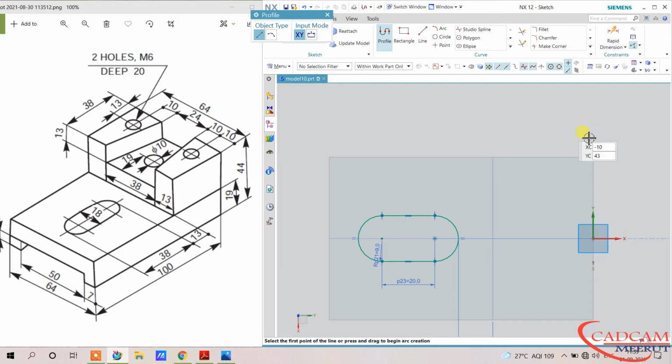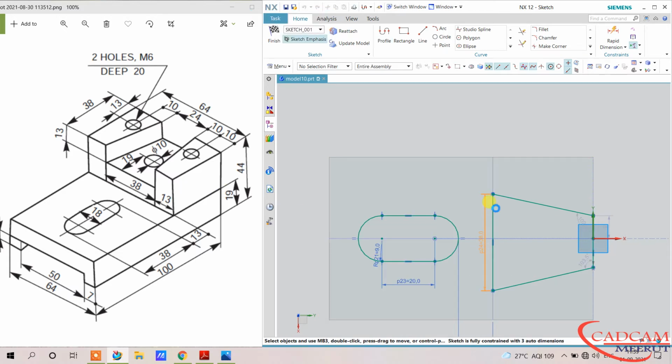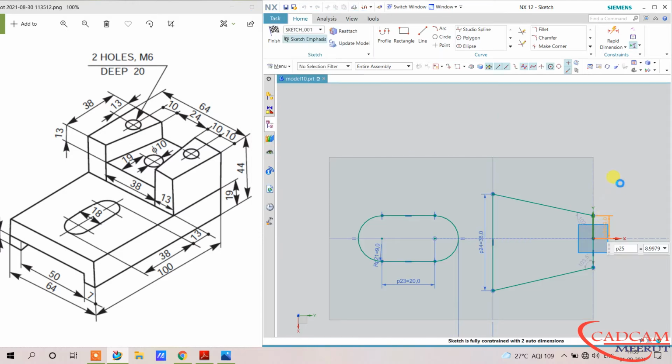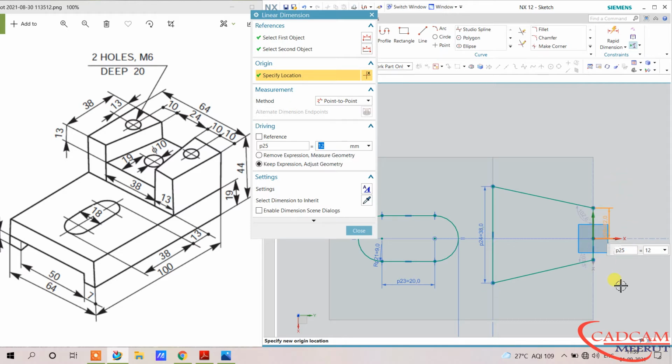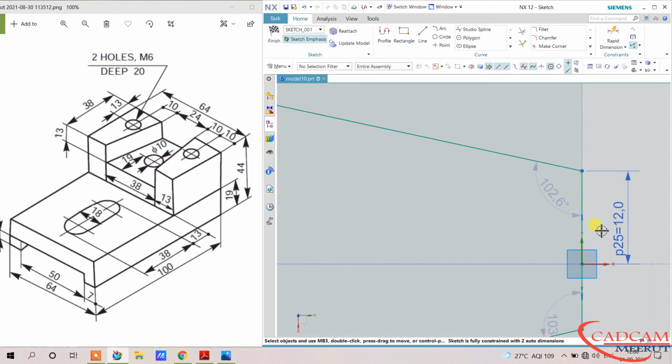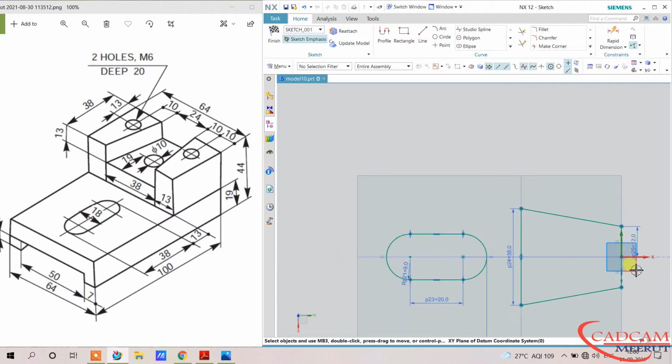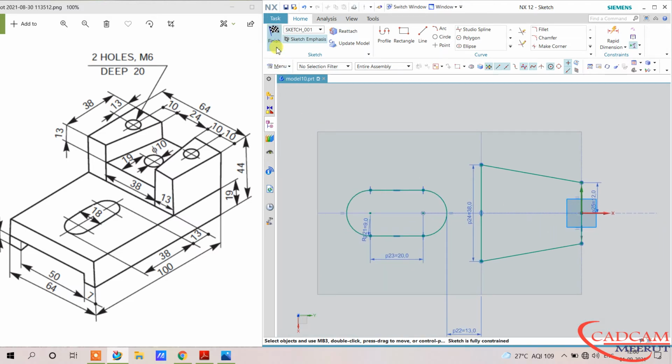And we have to draw a sketch for this. Okay, so start from the profile, from the center. After this, click, click, and click. And this is 38, this is approximately correct. And here this is 24, so 12 is the half value. And select both lines, and we will make them equal length. Both lines will be equal, make it constrained. So both sketches are correct. Now exit from the sketcher.